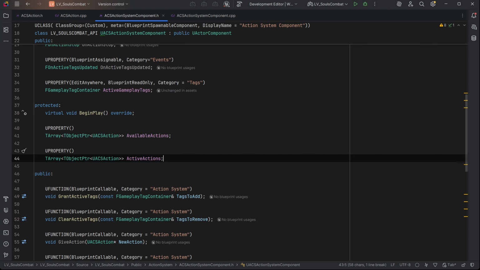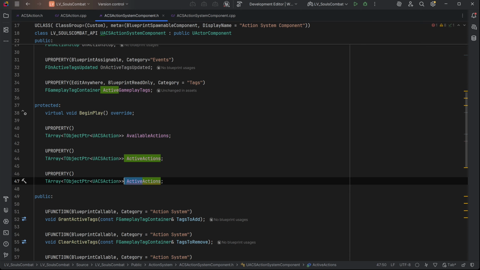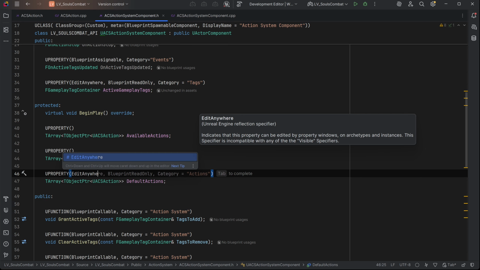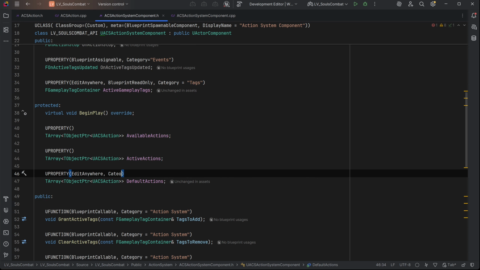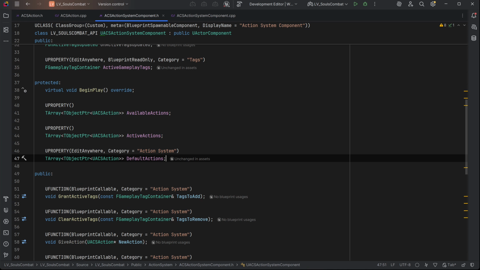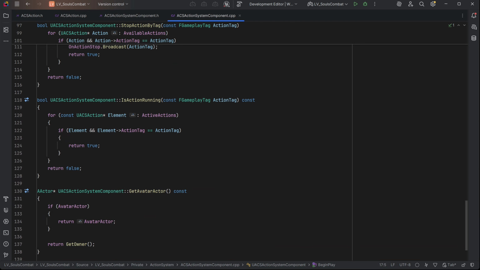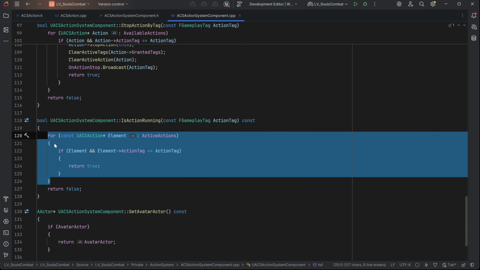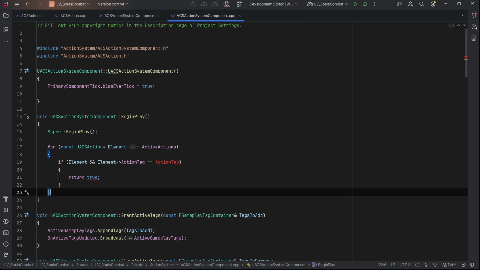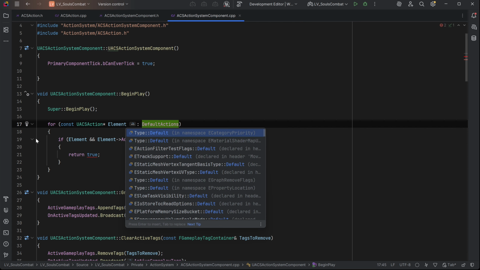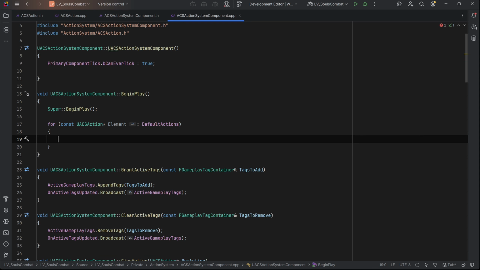Let's add a third array and call this one default actions. Now this one will be edit anywhere, and the category will be action system. Okay, now let's put this to use. We should be able to do something similar to what we did down here. So let's just copy this for loop, paste it here in begin play, and instead of active actions, make this default actions, and then let's remove this,